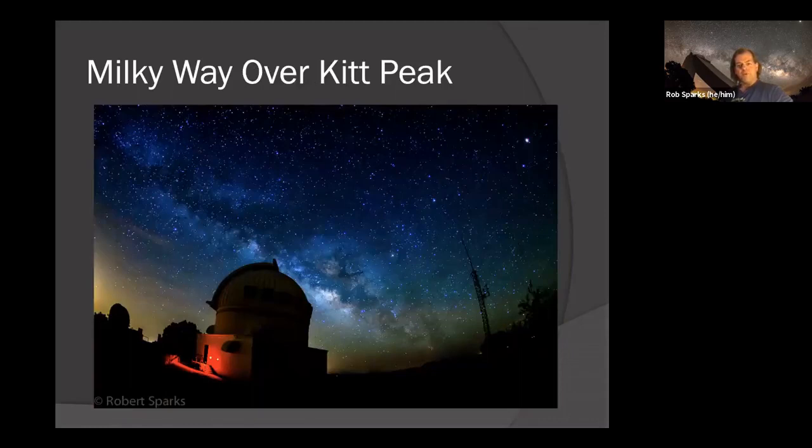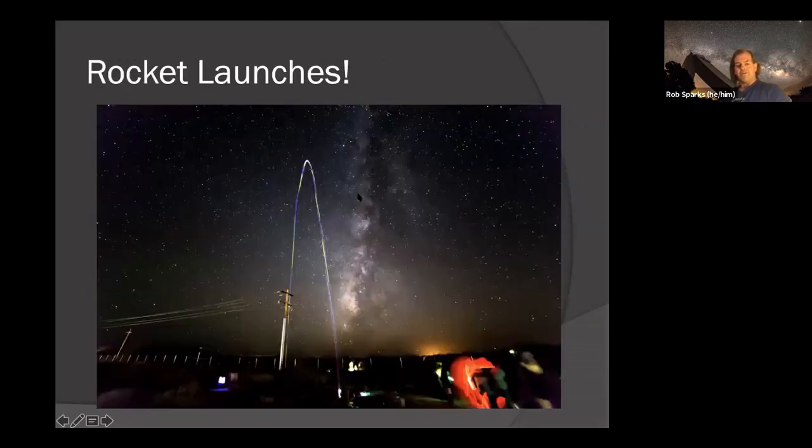And a Kitt Peak one. This part I call my blue phase. I probably went a little aggressive on making the sky a little bit blue in this one. But I did get some nice airglow here, the greenish airglow. This is ionized oxygen. During the day, the sun will ionize oxygen up in the atmosphere. If you're at a very dark site, that ionized oxygen gives off this green glow sometimes. So I've gotten that a few times from Kitt Peak. Not often, but a few times I've gotten that airglow.